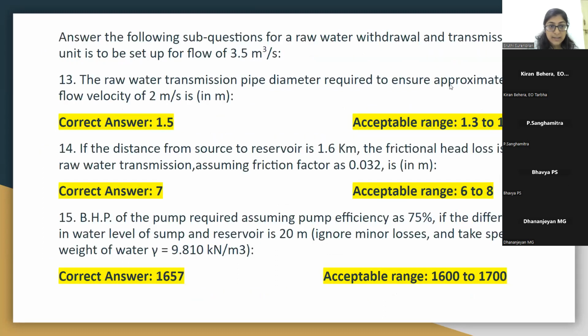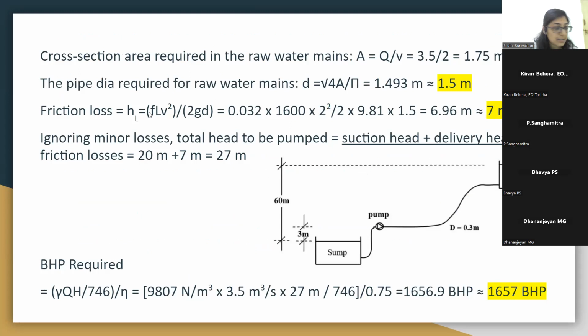Now moving on to the second part of the question. If the distance from the source to the reservoir is 1.6 kilometers, that is L, L is equal to 1.6 kilometer, the frictional head loss will be equal to what? Here they have given the friction factor is equal to 0.032 and they've asked us to find out the head loss due to friction. So for that, we will use the formula HL is equal to FLV square by